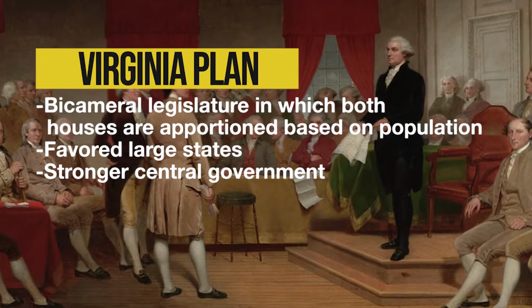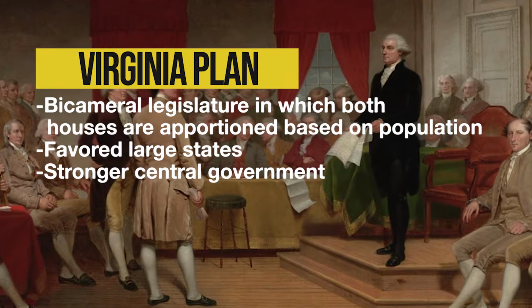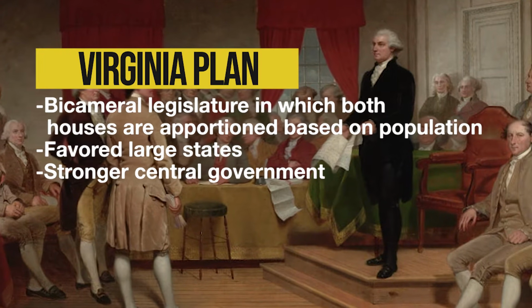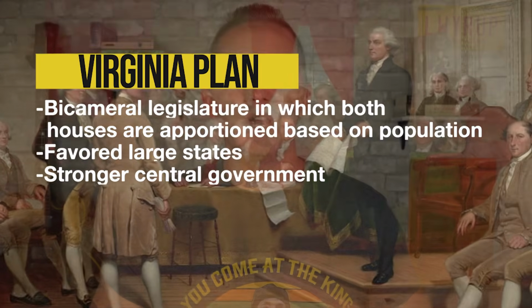But before we get to the compromise, let's briefly discuss the two main plans, known as the Virginia Plan and the New Jersey Plan. The Virginia Plan wanted a stronger central government, with a bicameral legislature in which both houses of Congress would be based on population, letting the large states receive more representation. The small states were obviously like, no way man, we're not just going to stand here and get stomped on